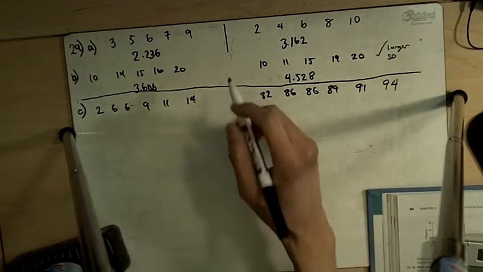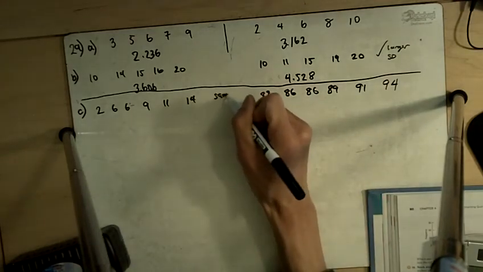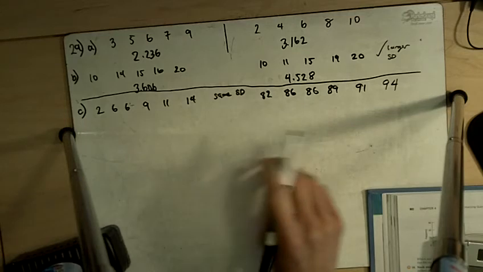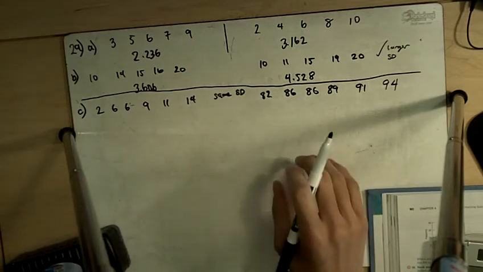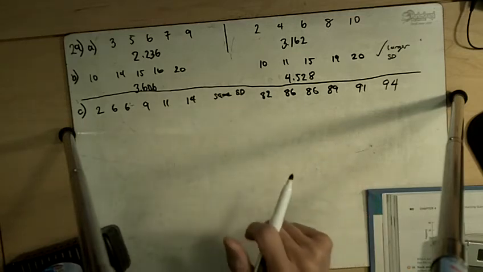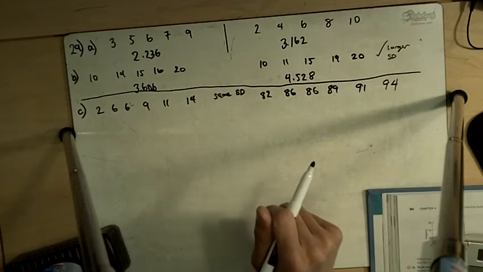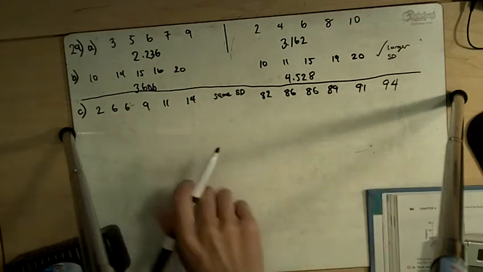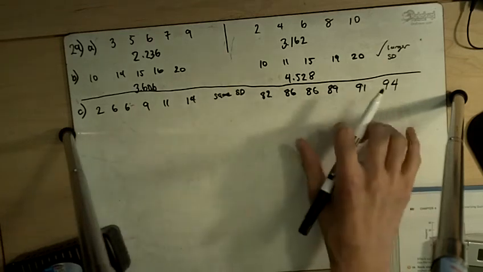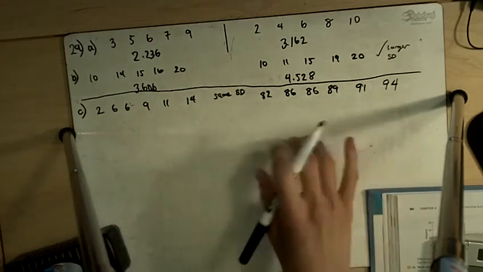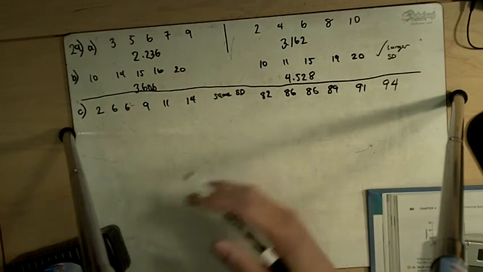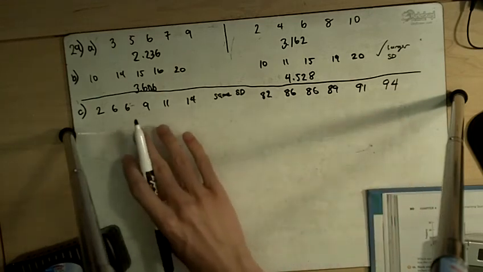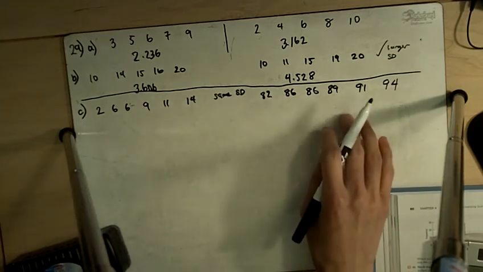So in this case, you have the same standard deviation, because shifting data only affects measures of position. It does not affect the measures of spread. So these have the exact same spread as this group does. Okay, this is just shifted over 80 points, so our measure of spread does not change. So we could find the standard deviation of this group, and we'll see that it's going to be the exact